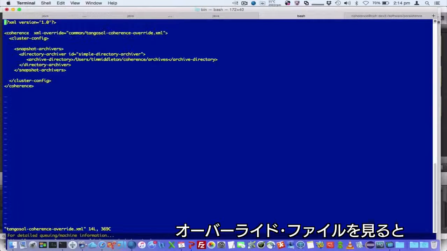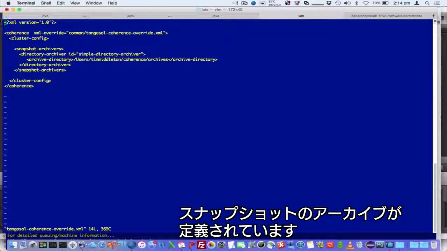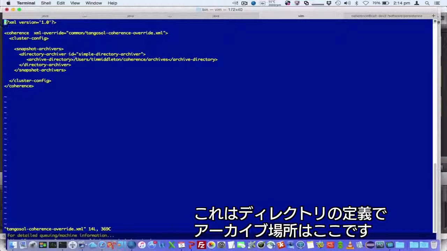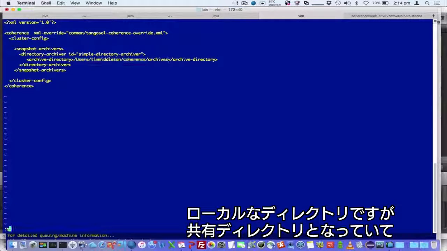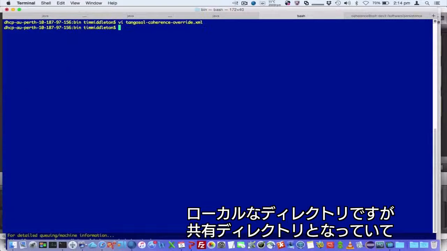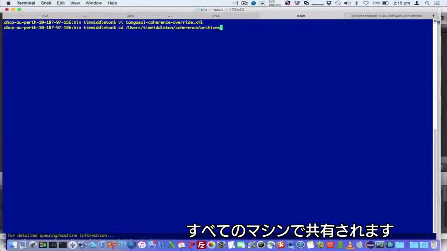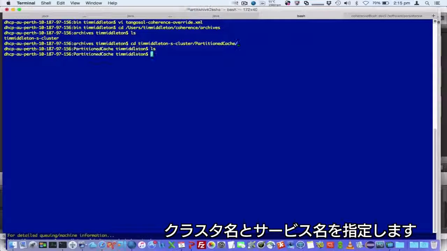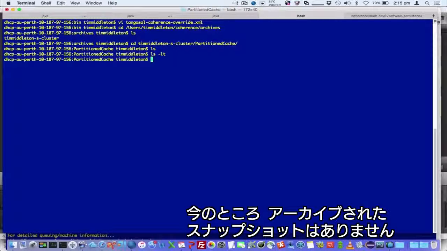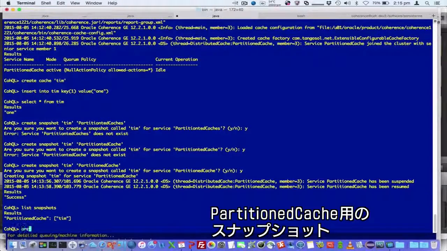So if I look at the override file, I've defined a snapshot archiver, and this is a directory archiver, and the archive location is here. So what that means is typically that's a shared directory. This is a local directory, but typically it's a shared directory amongst all machines. So it's by cluster name and service name. So at the moment we can see there's no archive snapshots here. So if I then said archive snapshot Tim